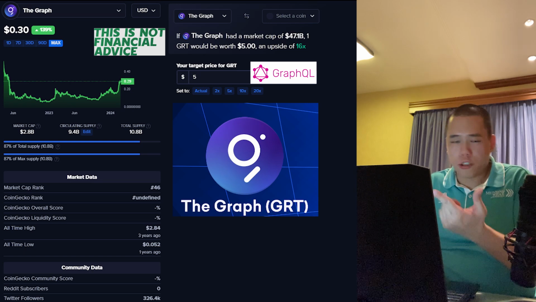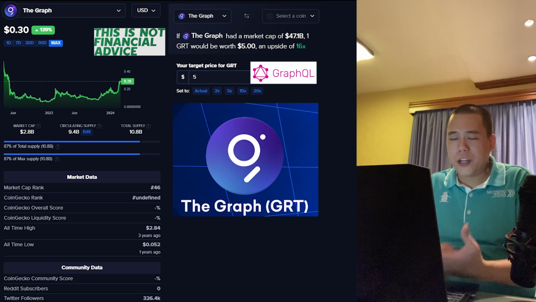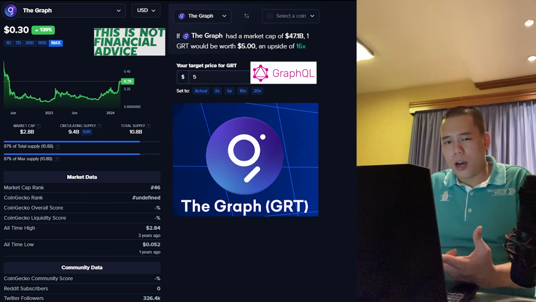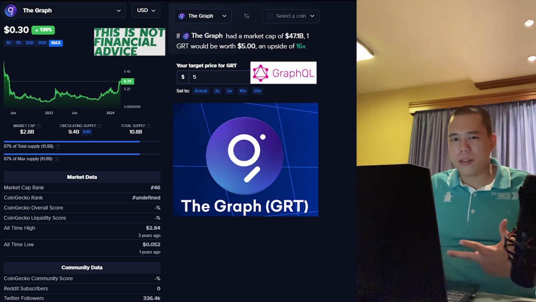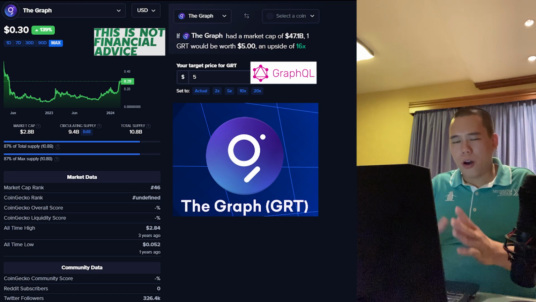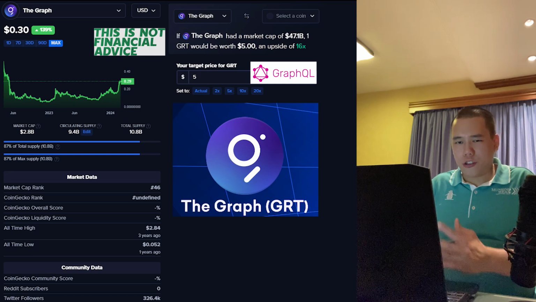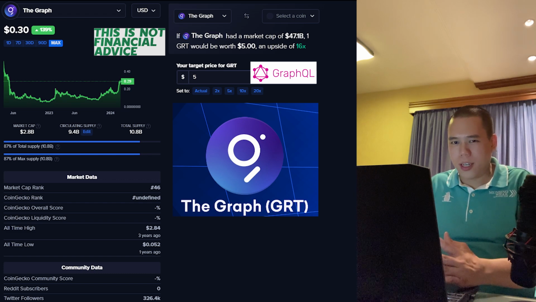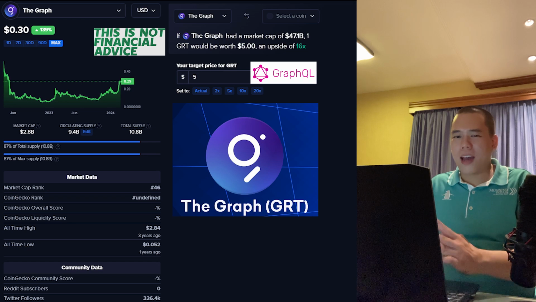The next bull run, or should I say the next altcoin season, could be insane. And also on top of that, the Graph has amazing fundamentals. When I take these three factors out right here, how can I not be bullish on the Graph? I think that the Graph is truly a sleeping giant. I think GRT could very well go to the price of $5 during the next bull run, and hypothetically make